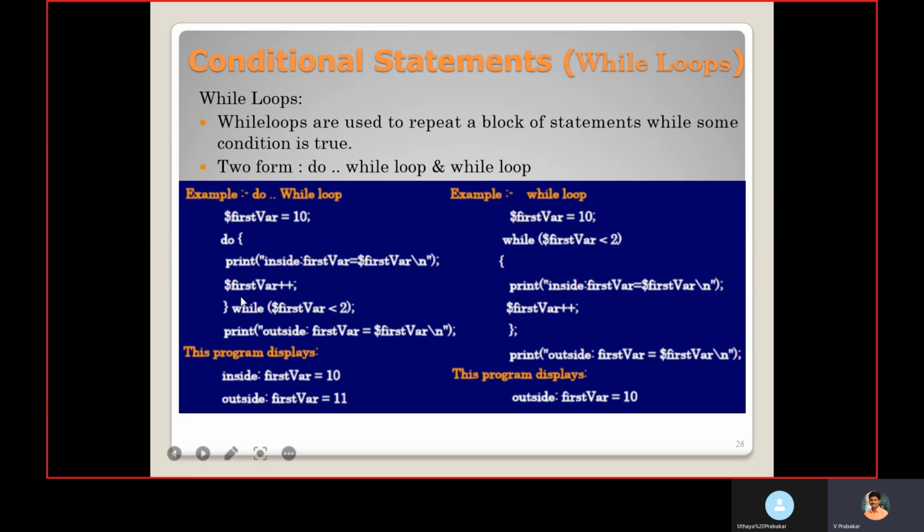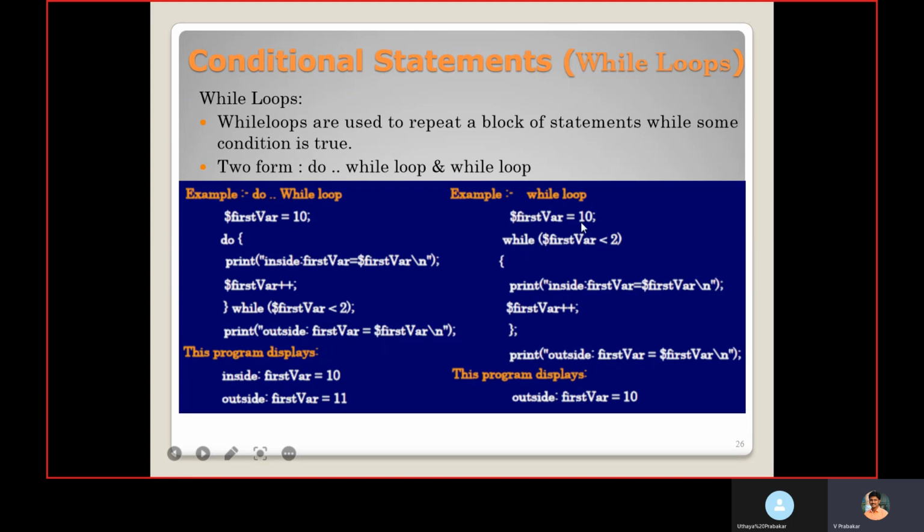It will print inside first VAR equal to 10. Then it gets incremented and the value becomes 11. Here it is checking 11 less than 2. Here it is false. It is not true, right? So it comes out from this while loop and prints outside first VAR equal to the value. We are getting 11.